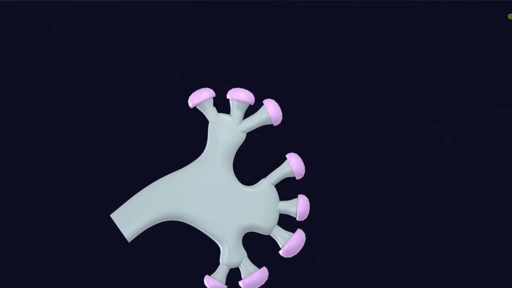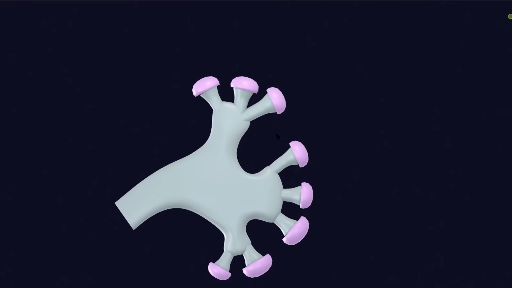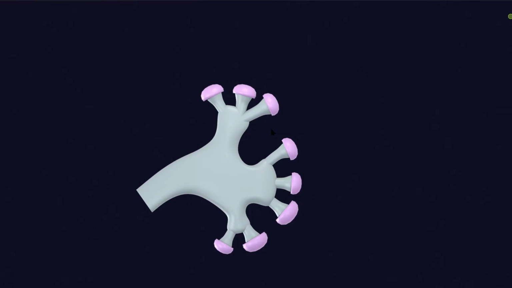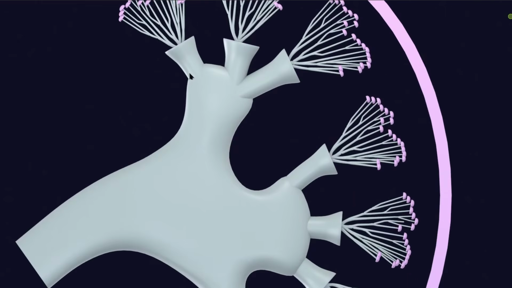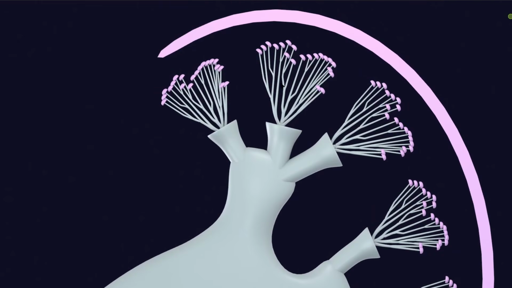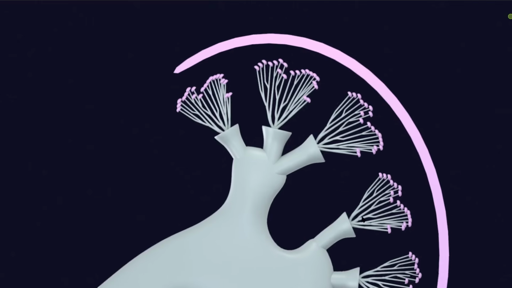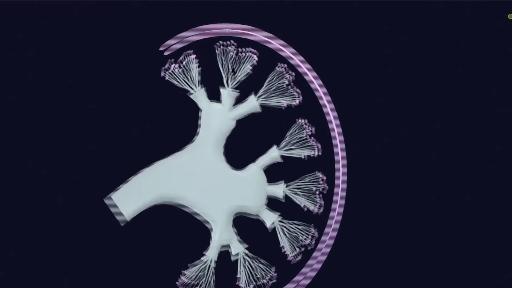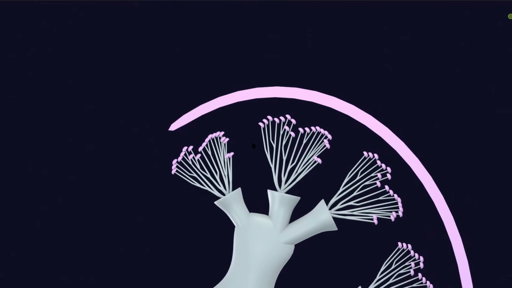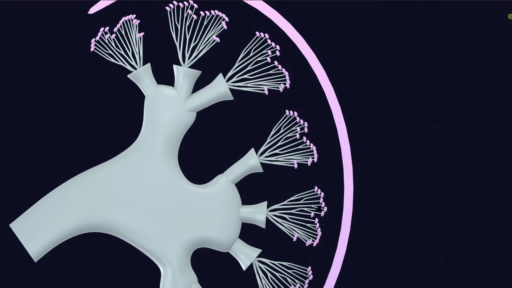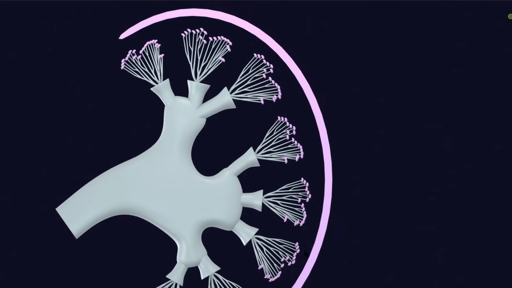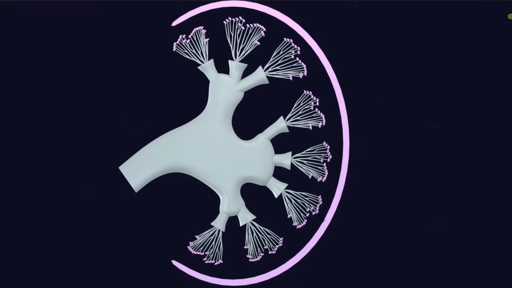Now each of these terminal ends of minor calyx, each of that minor calyx, will also further subdivide a number of times. Ultimately this tree-like pattern is formed. So here also a tree-like pattern, and of course, as I have told you previously, at the terminal end of each of these subdivisions, there will be that metanephric blastemal cap.